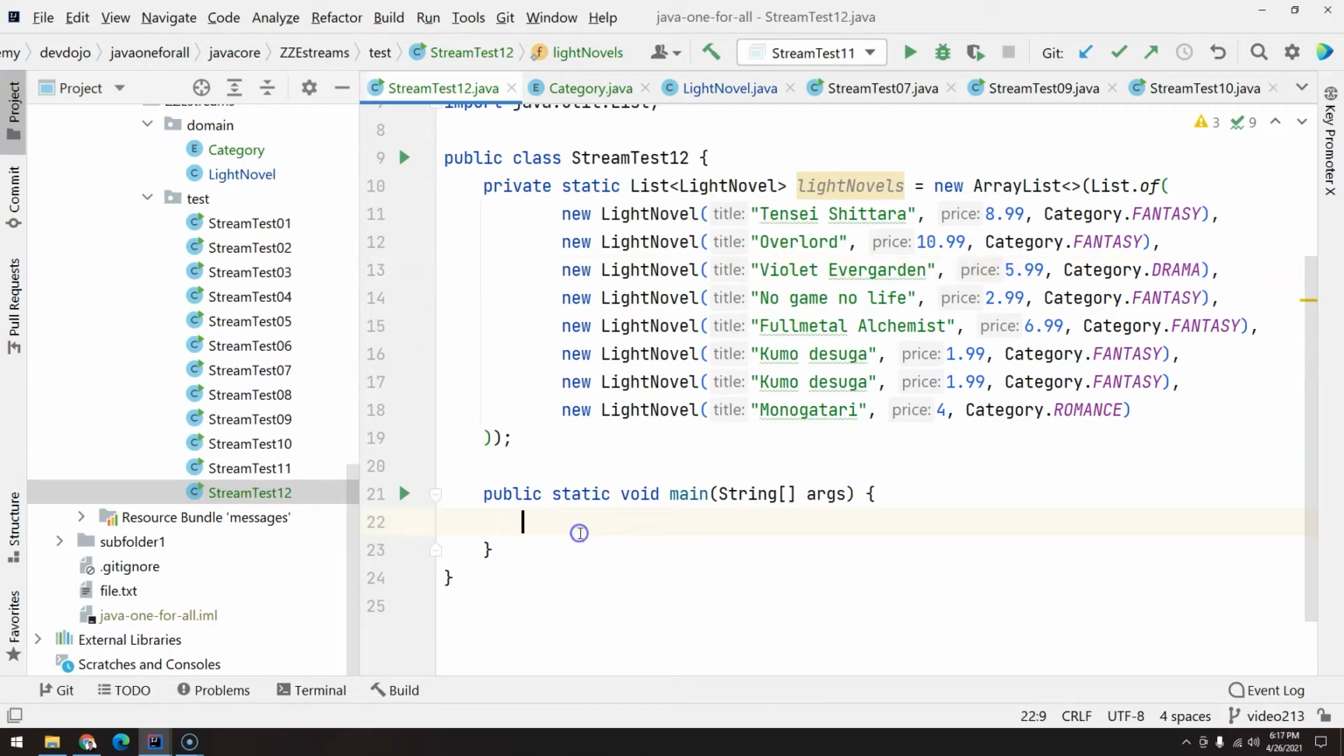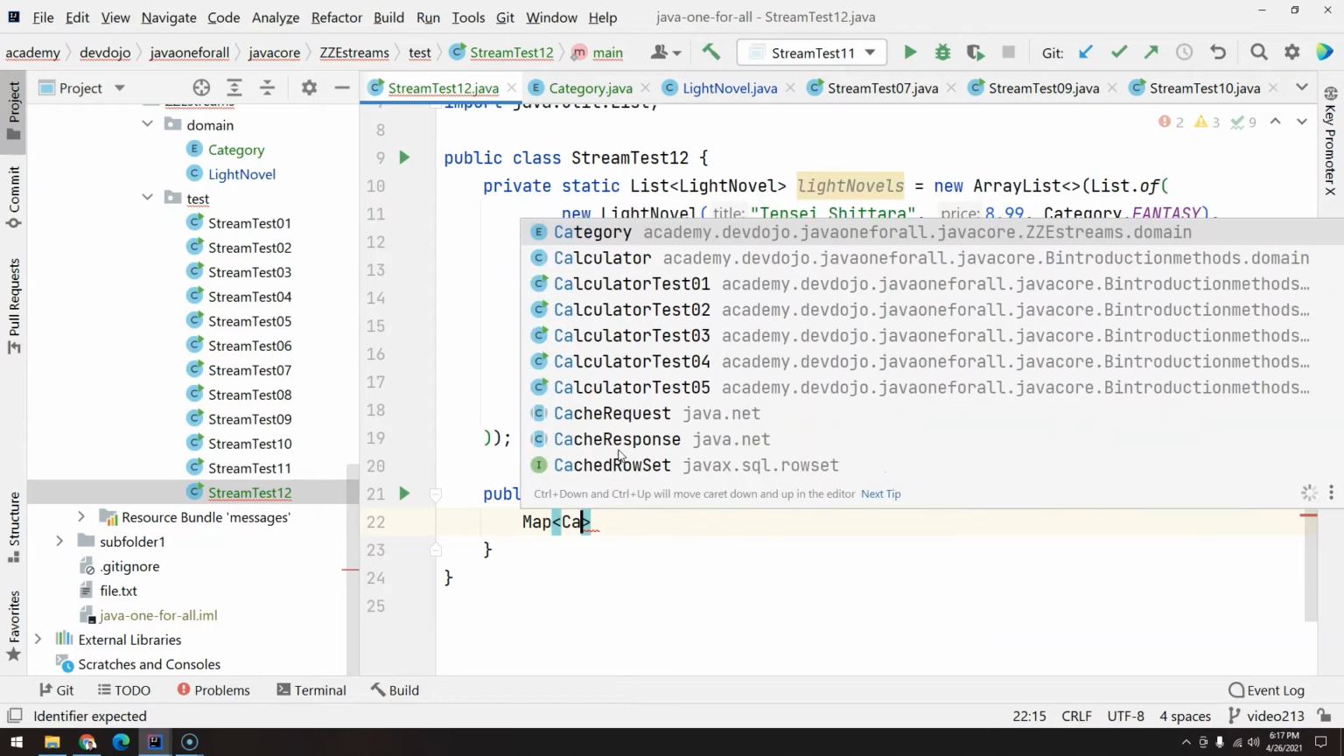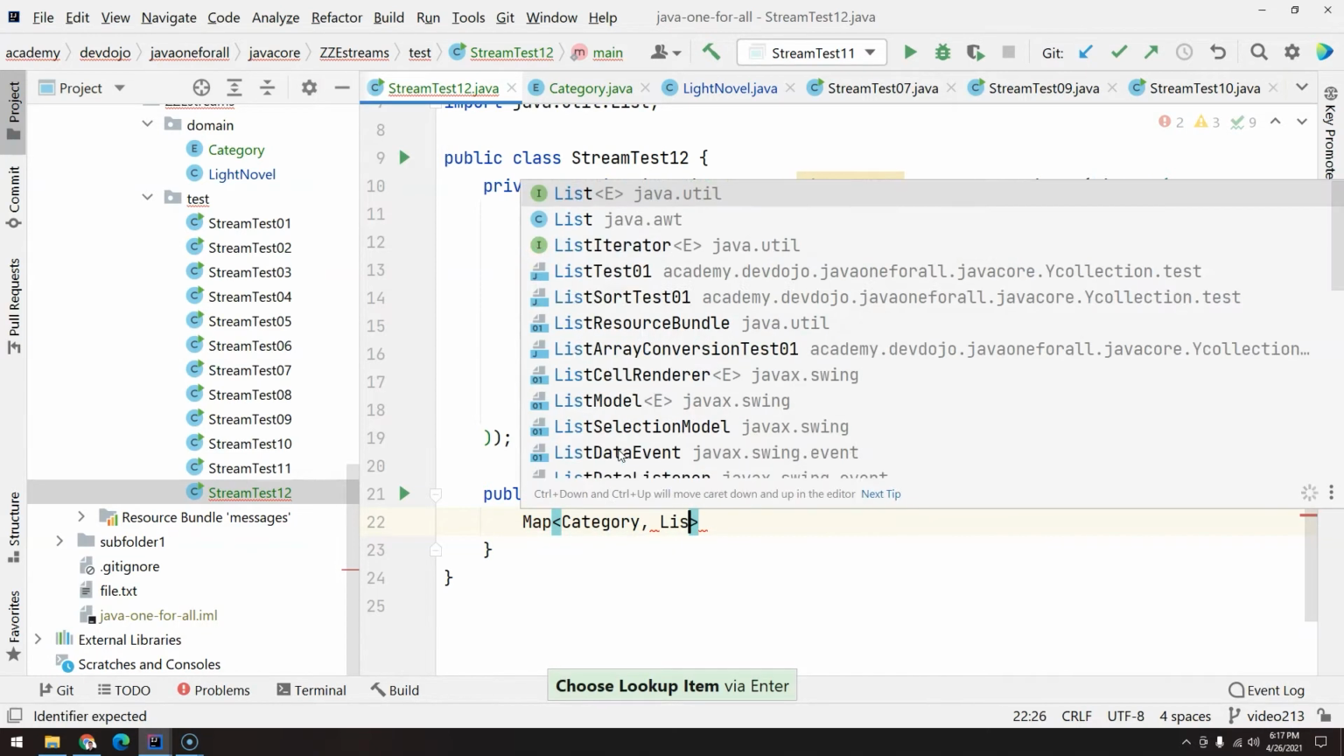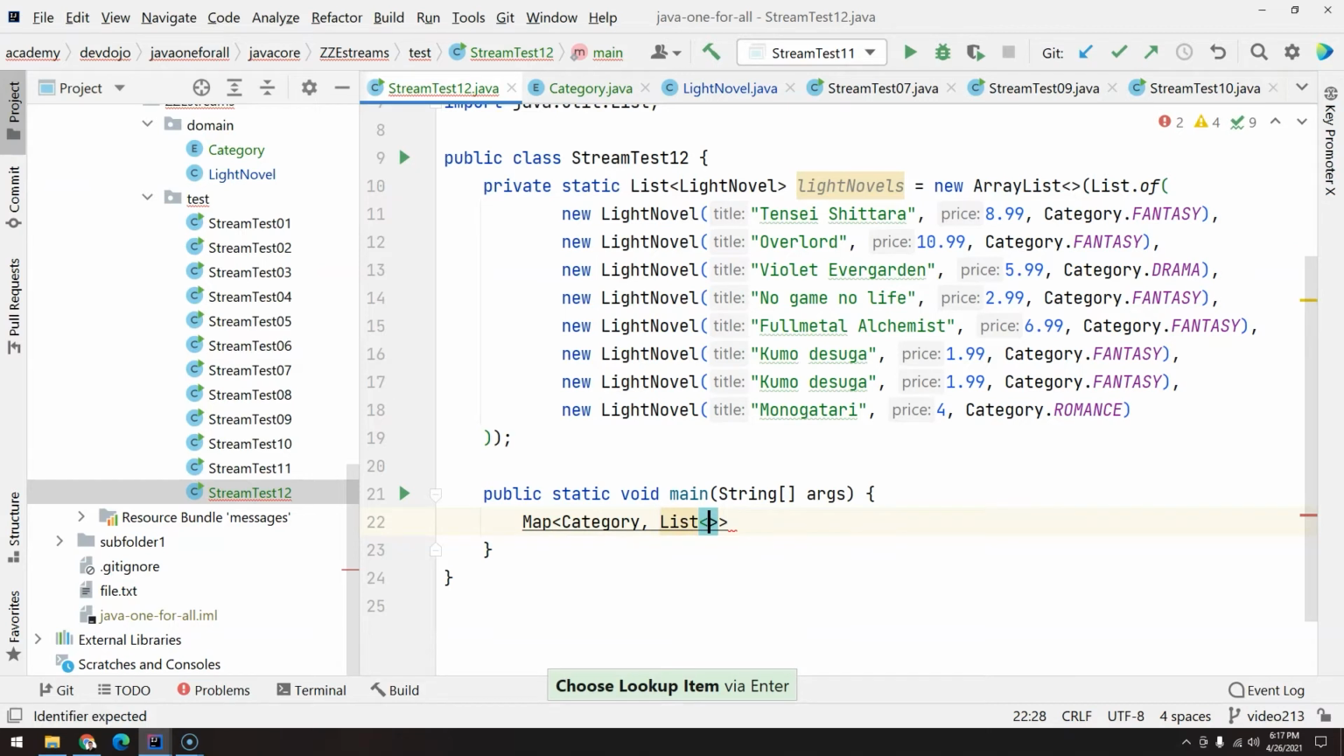So all the keys will be enumerations and the value will be a list of light novels. With something like this you have a map where the category will be the key and the value will be a list of light novels. And then Alt Enter to import java.util.Map. And then you can create here a new HashMap. Okay, so if we had to do this